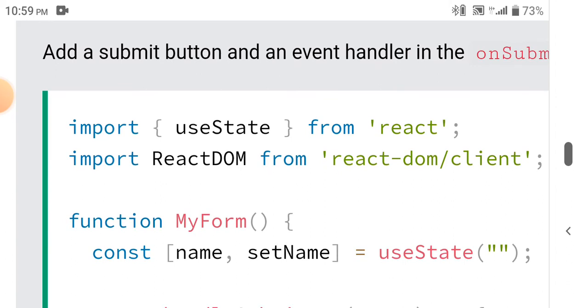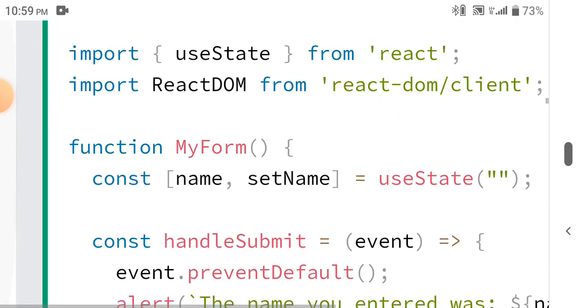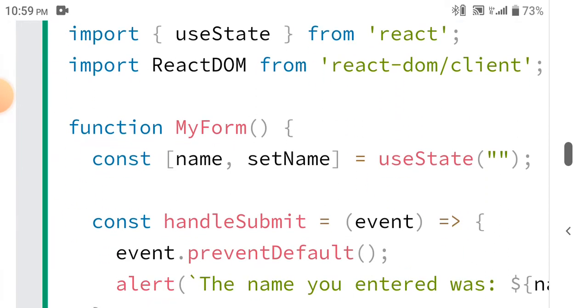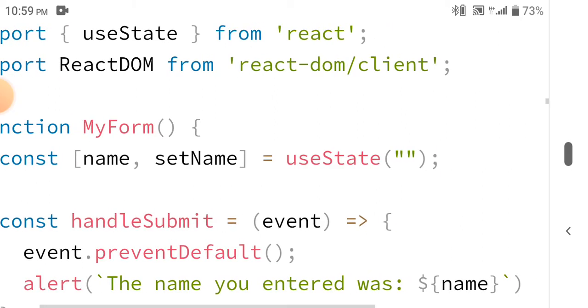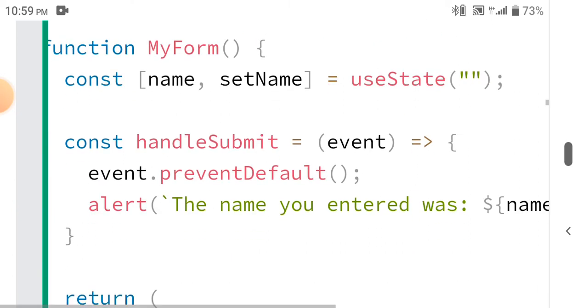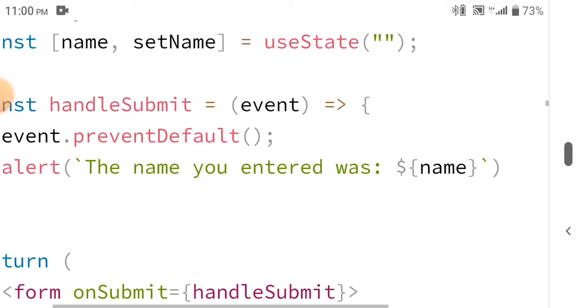Import ReactDOM from react-dom/client. function MyForm() { const [name, setName] = useState(""); const handleSubmit = (event) => { event.preventDefault(); alert(`The name you entered was